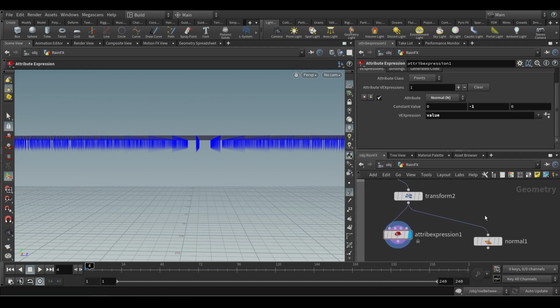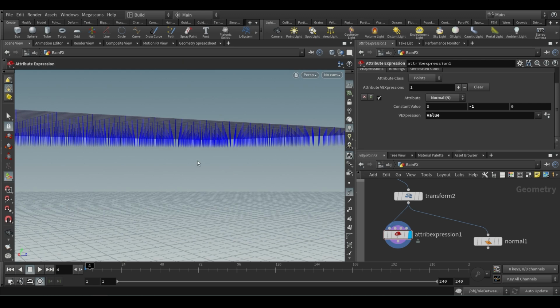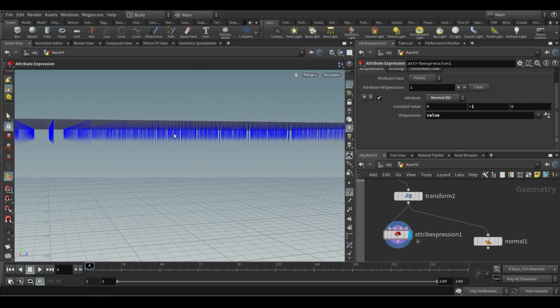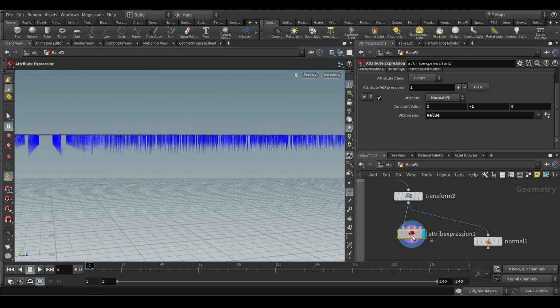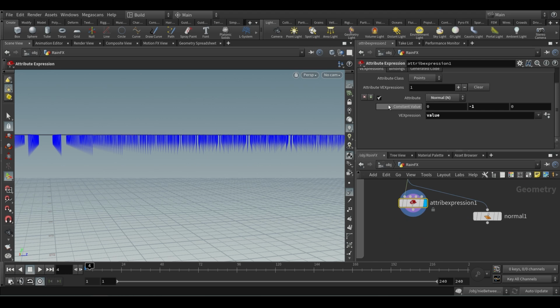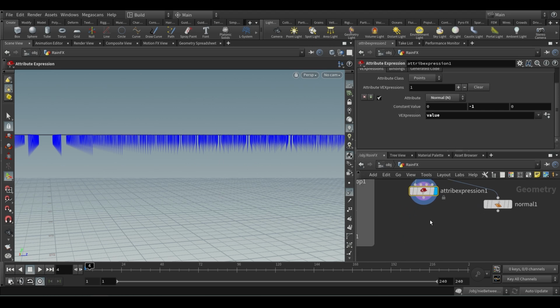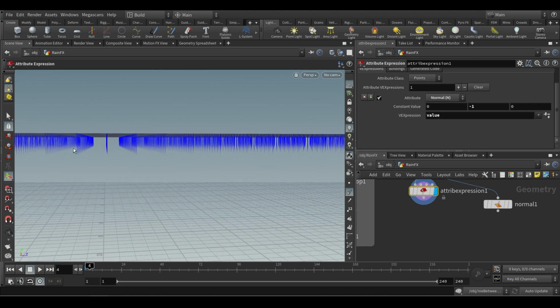We are looking for a noise kind of pattern. Not straight, but noise, as in random. The rain is always random. Rain never just goes straight down, isn't it? So right now we have a normal facing downwards, and we know that if we use attribute warp, we can manipulate basically anything, normal to anything. So we will try to manipulate the normal, and once we have a different direction, we will plug that normal into velocity and drive that as our velocity.